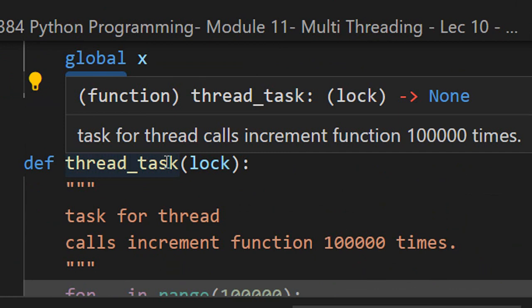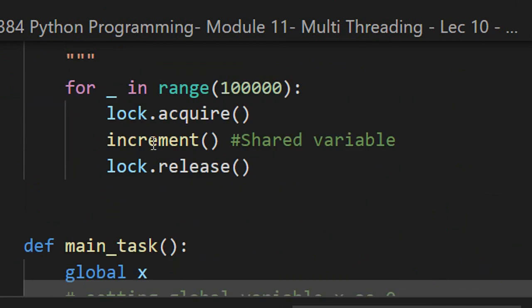Since it's using a global variable which is shared, we use the lock. If it was using a local variable with no dependence between the first and the second execution, then the locks are not required. You can put locks for safety purposes, but they are not required if you are not using shared memory or shared variables.